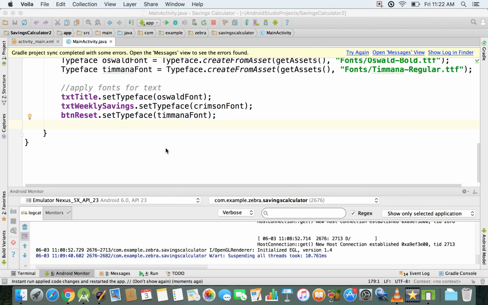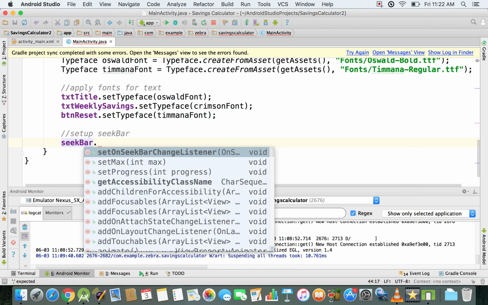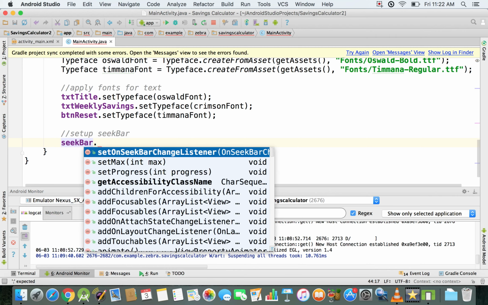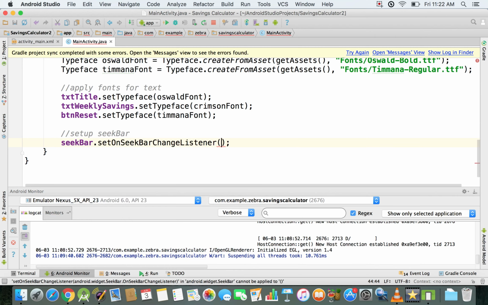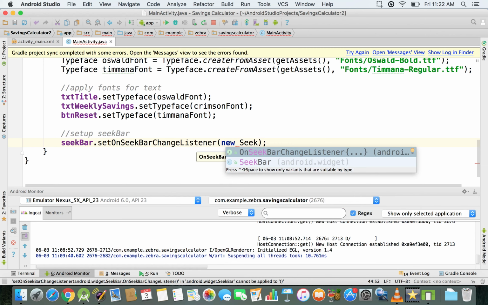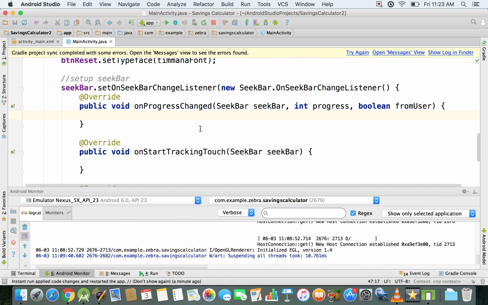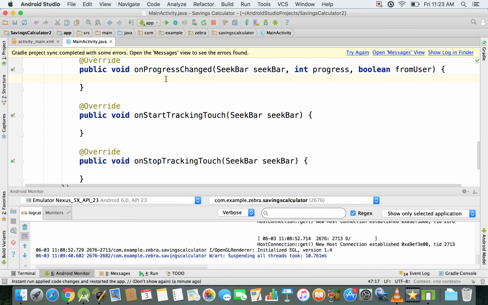Hi everyone, in this video I'm going to show you how to set up the Seekbar. In order to do this, I'm just going to go right here and leave a comment so that we know that we're setting up the Seekbar. And then I'm going to say Seekbar to get the element, and then we're going to use this setOnSeekBarChangeListener, and then new, and I'm going to say Seek, and as I type you can see this OnSeekBarChangeListener, and as I just hit enter, we have these three methods created,